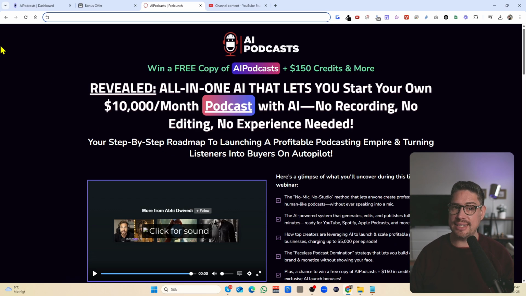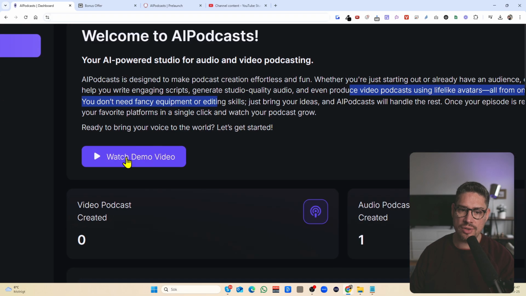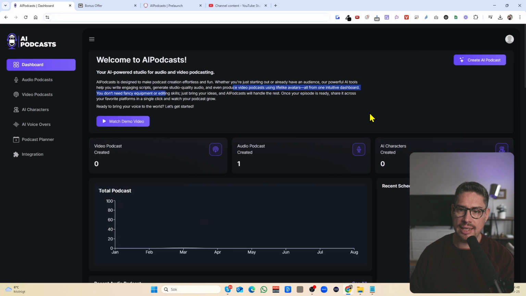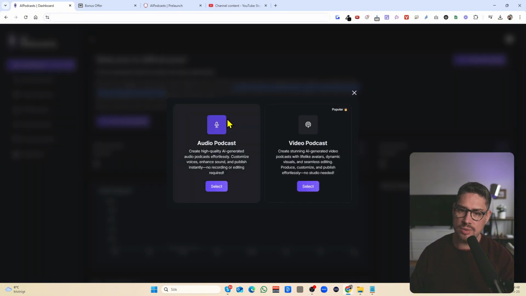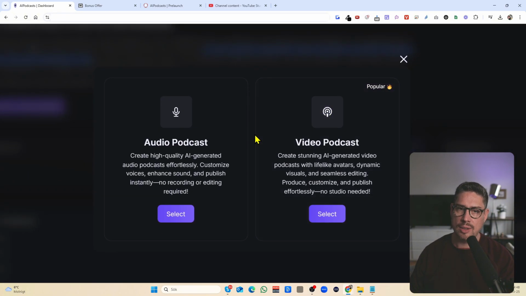So that being said, if we head over to the actual product, the software is going to look like this. As you can see here, there's going to be the dashboard. And if you want to, watch a demo video, you can watch that here. And then basically here you click on create AI podcast, and you can start creating a podcast, that being an audio podcast.